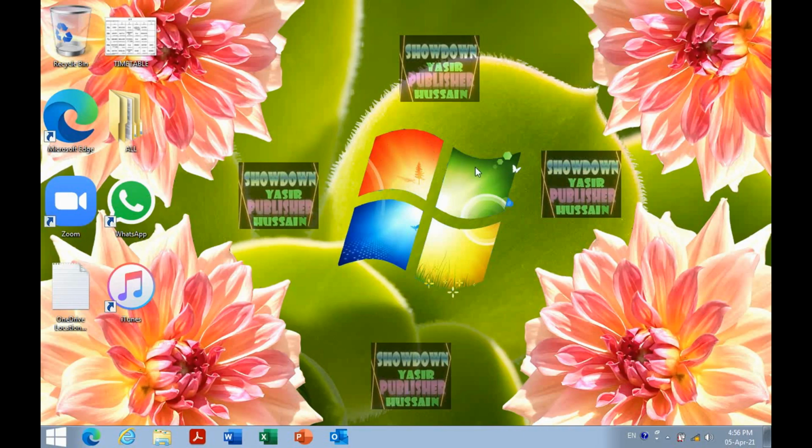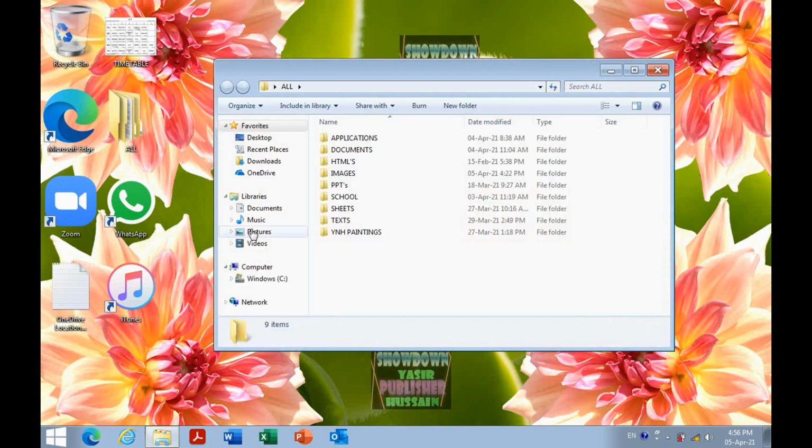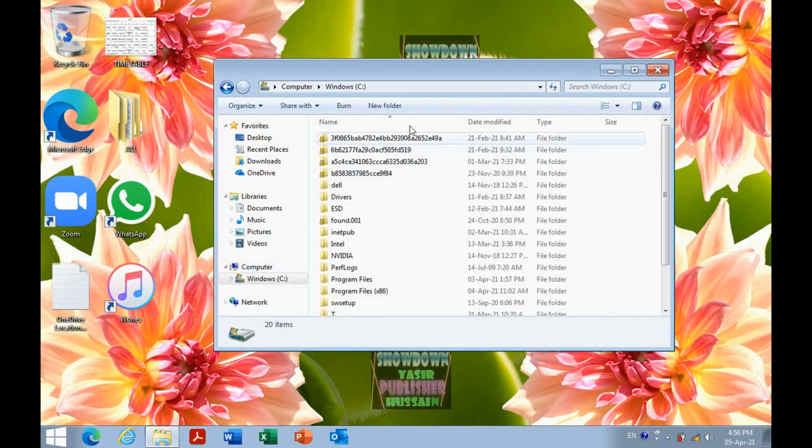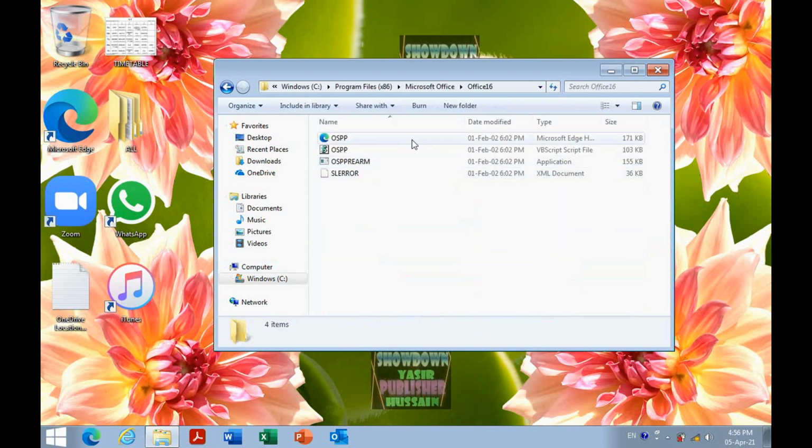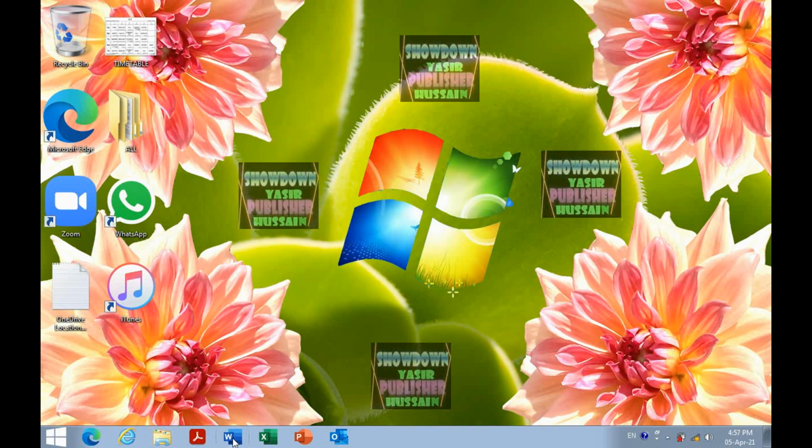In this video I am going to show you how to delete any non-removable product key. Okay, so how to do that means first I'll explain what a non-removable product key is. For example, in my hard disk I go to Program Files 86, Microsoft Office, and Office 16. I have completely removed Office 16 from my computer, and this is Office 365, but it still shows Office 2016, which I'm trying to fix. And there are some conflicts, as you know, between the product keys.